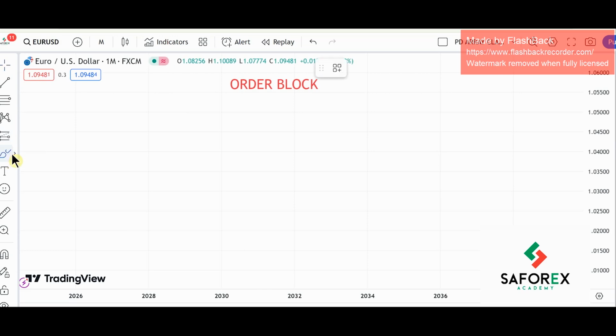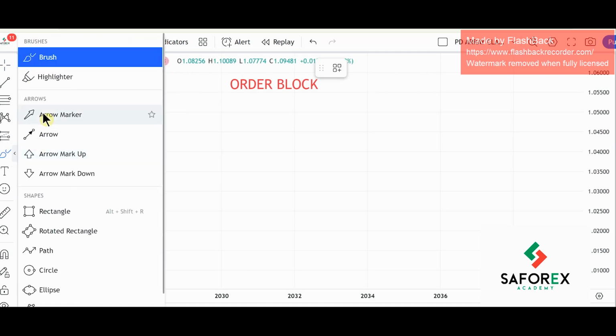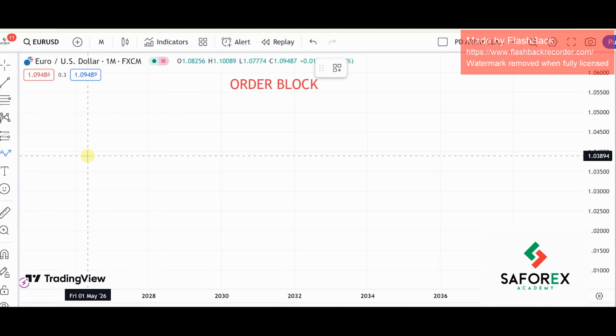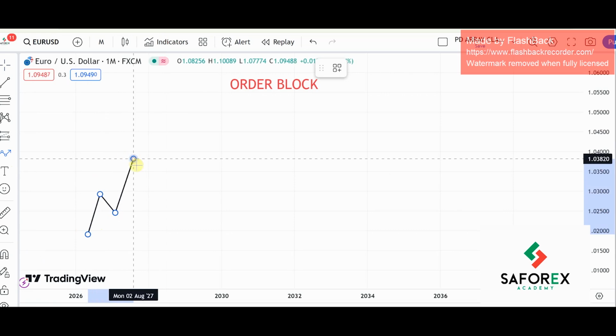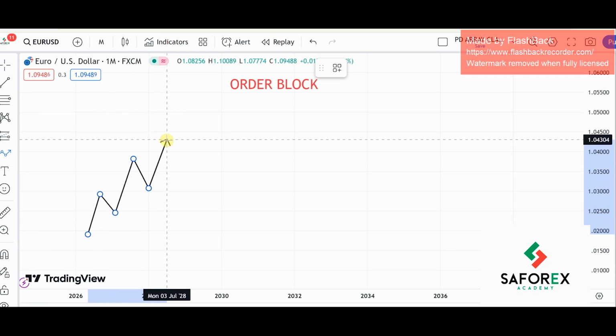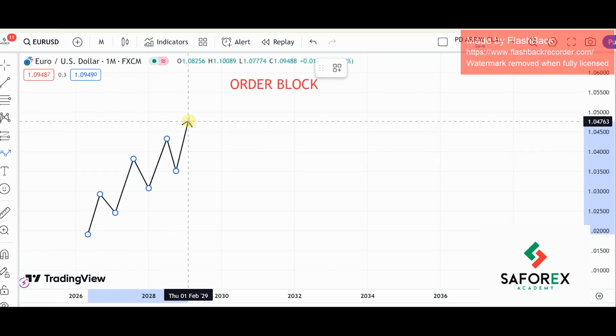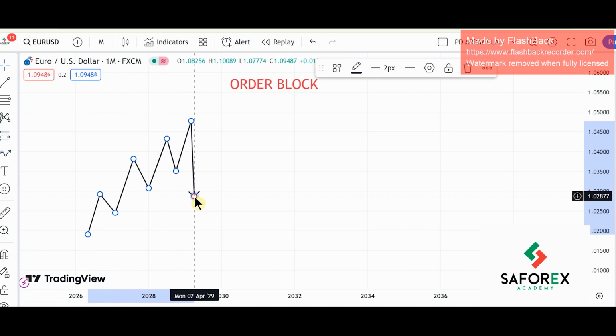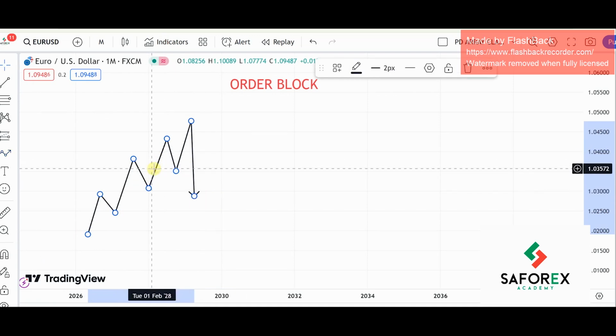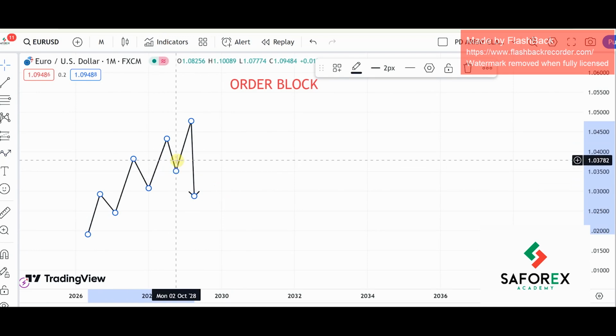Now if I have this market that is going up like this, right, and I have this breaker here, now this market as it's going up like this,